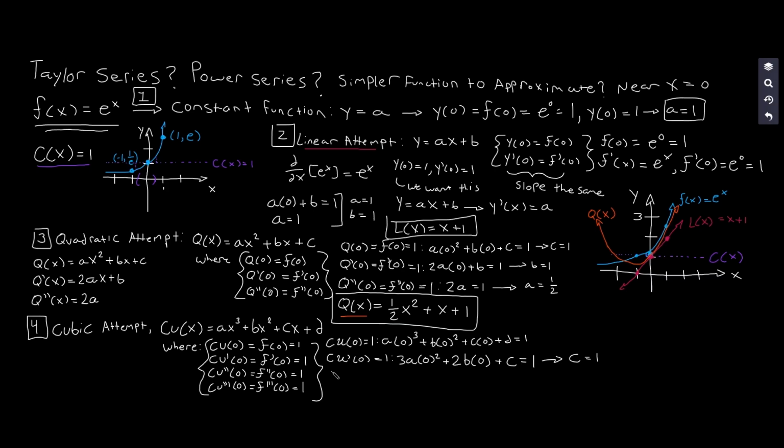Now we're going to do c double prime of 0, so we're going to take the derivative of that, and so let's see, what do we have for the derivative of this here? We had 3a times x raised to the second. So that 2 is going to come out front when it's going to act with the 3 in such a way where it's going to turn into a 6. So we're going to have 6 times a